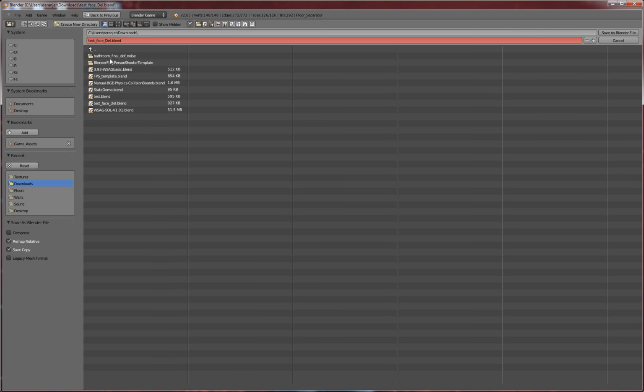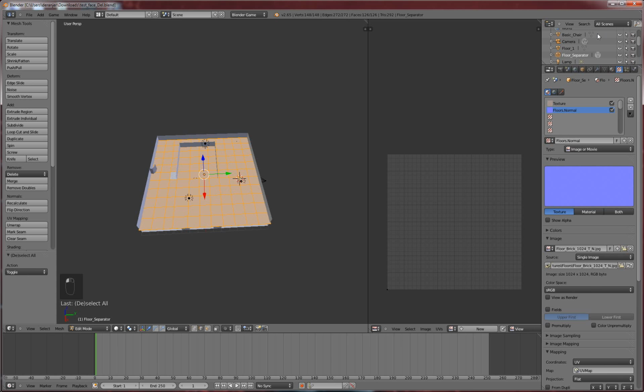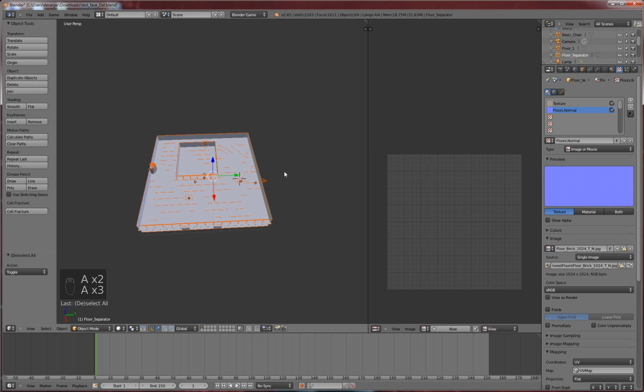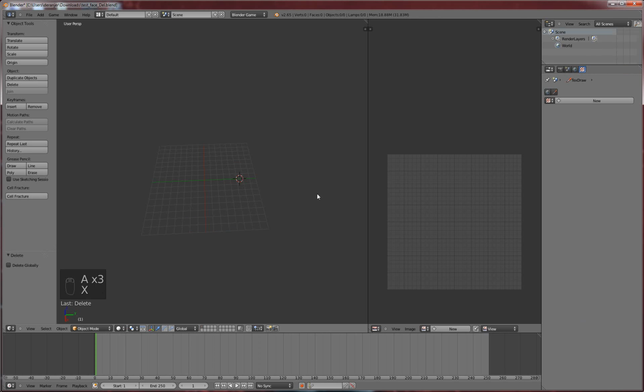So what I'm going to do is save this as save, and then I'm going to do save copy. Alright, now I have it saved out. Let's go into object mode, delete everything. So, and I think